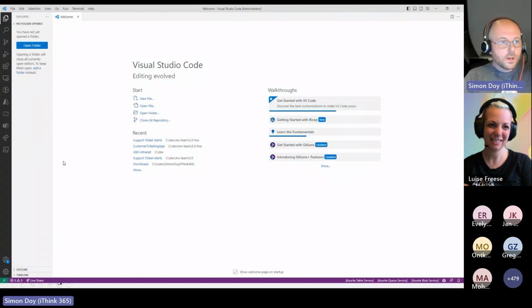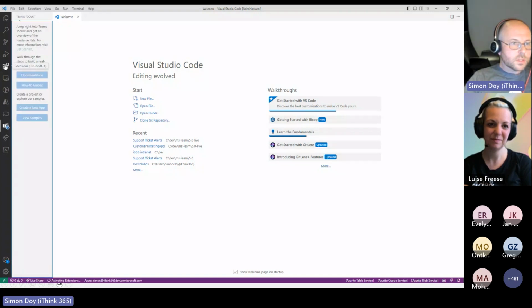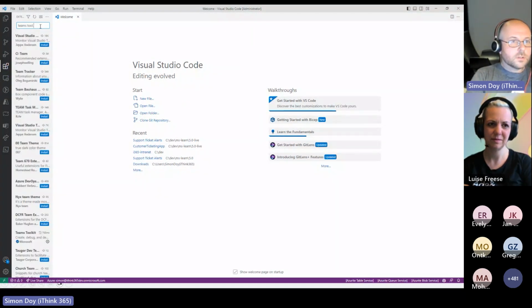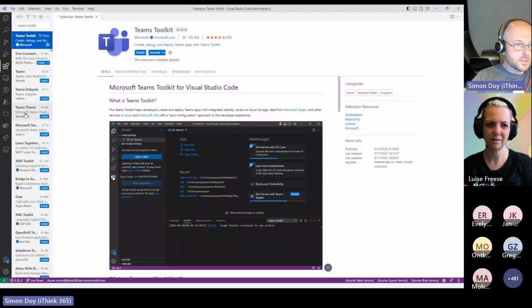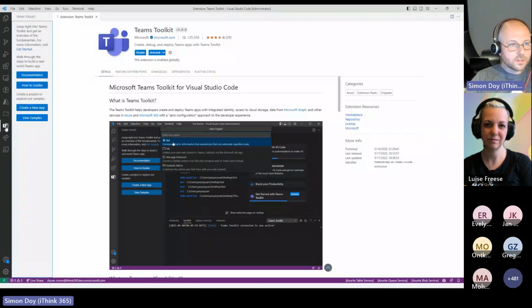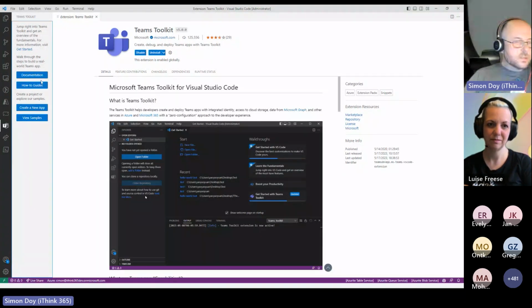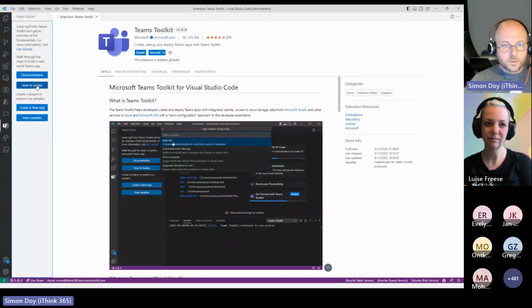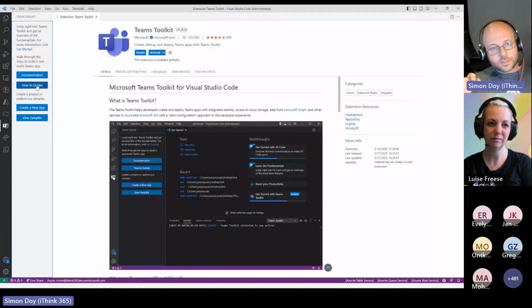So hopefully you can see my Visual Studio Code. We've got the Teams Toolkit already installed. If we didn't have it, then we could search up here for Teams, and we would have the ability to install it here, but it's across here on the left-hand side. There's loads of documentation, there's how-to guides, there's a lot of information here about how to take